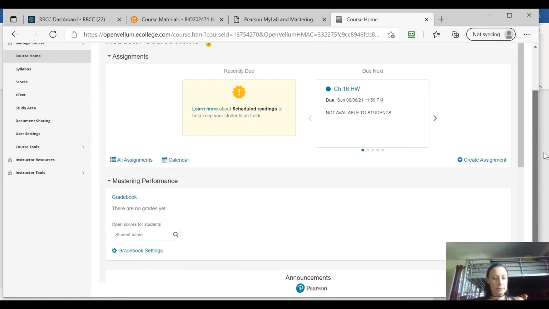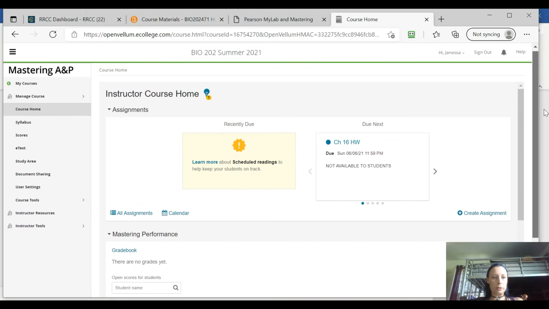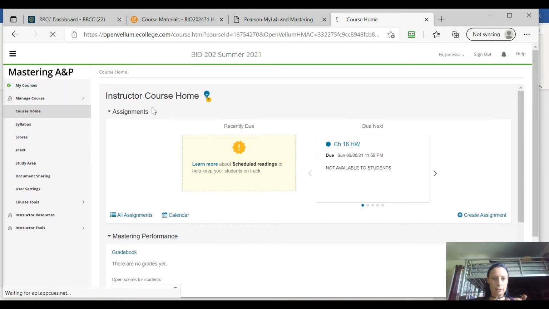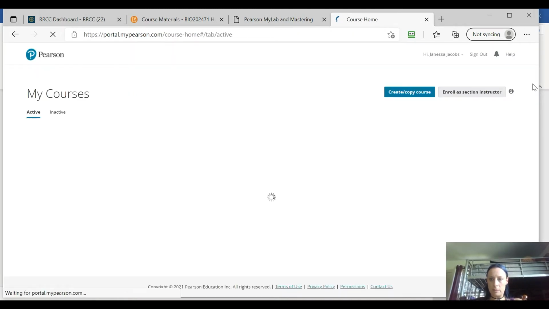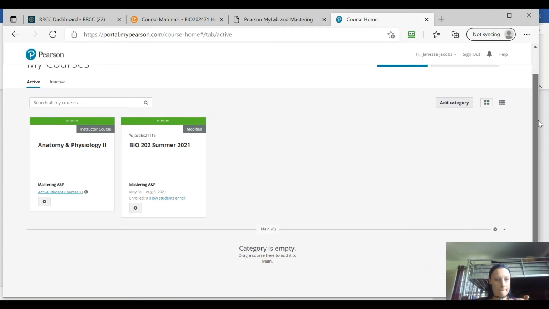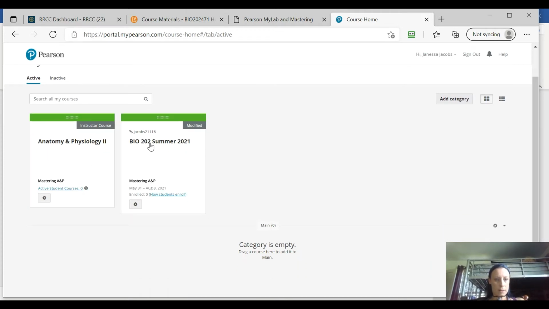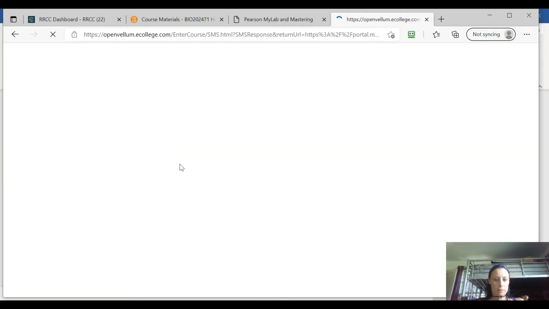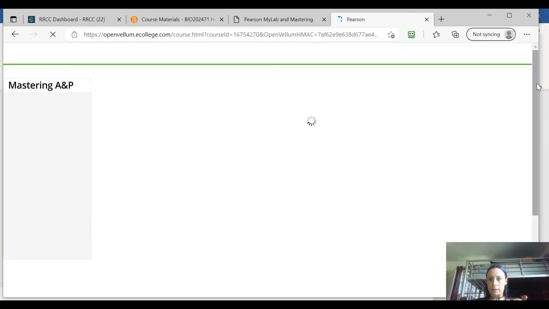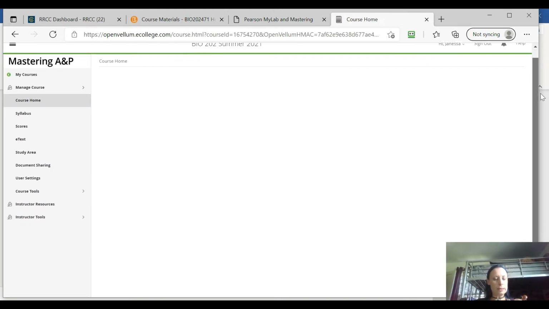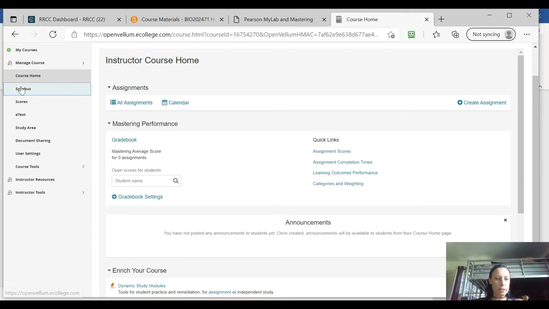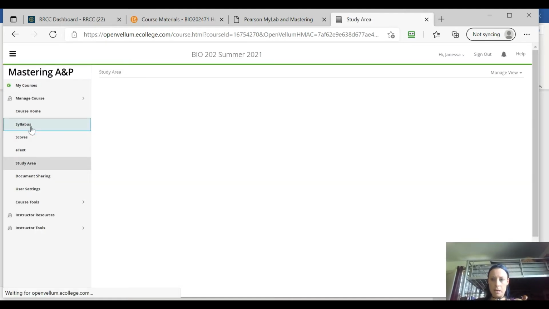As far as other things that you should be able to access, let me actually just see if I can do the student view. Oh, no, it's going to do the same thing. So other things that you can access is using your study area.